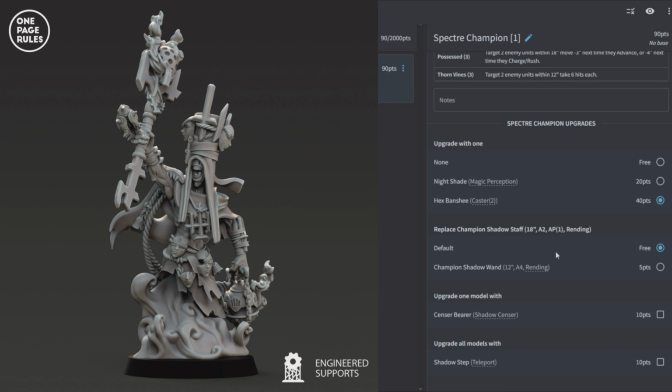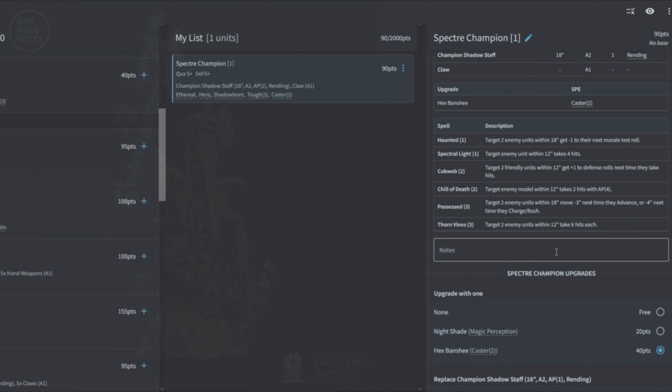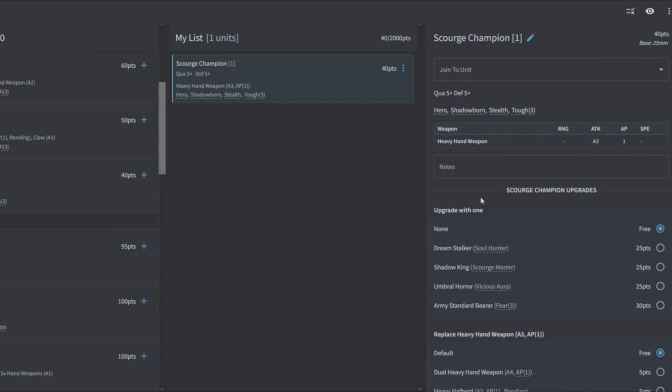Now this is going to be a ranged character. You either use the 18-inch staff or you use the 12-inch wand. You would want to sync it into any other ranged units you have. And with the added caster on top of it, with the ranged unit around it, that gives you some ablative wounds, gives you a little bit of insurance to just continue casting throughout the game. Then our last hero